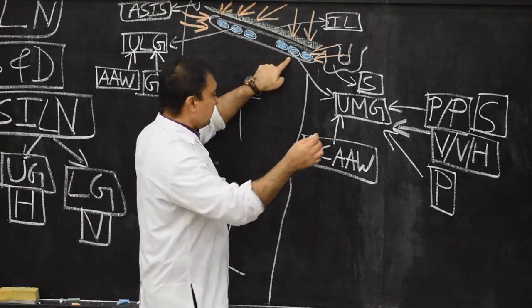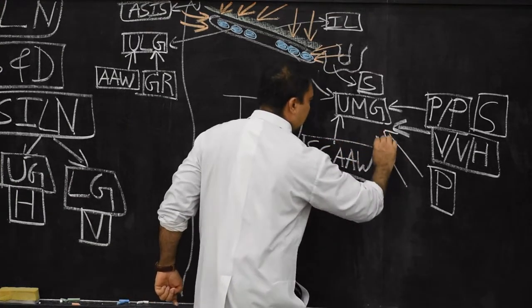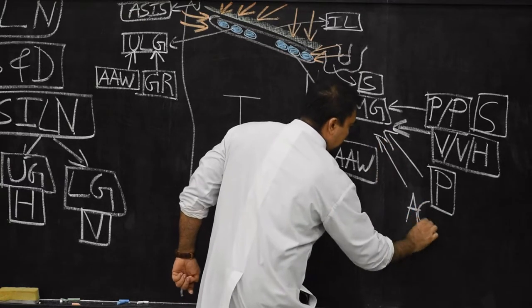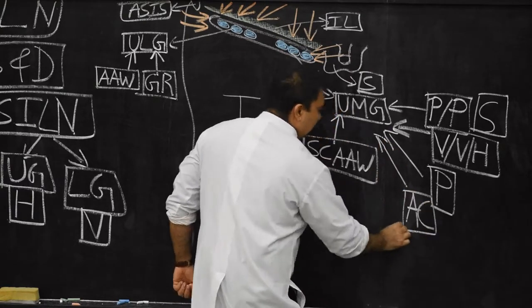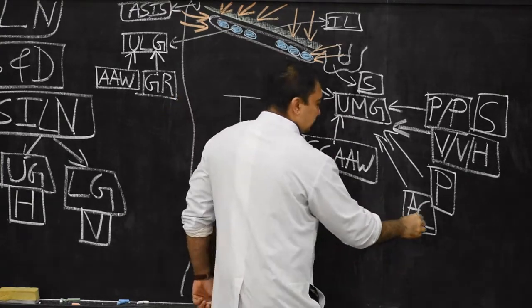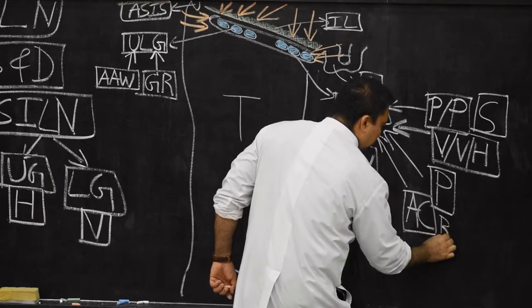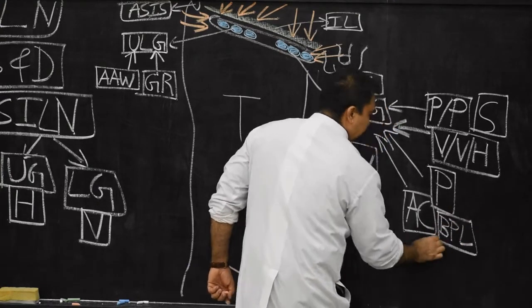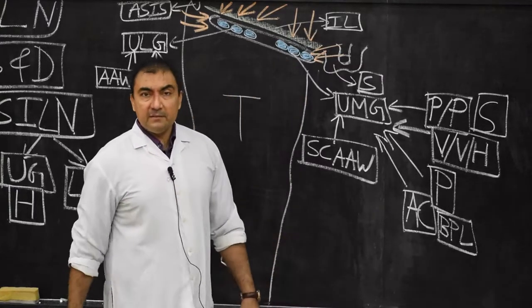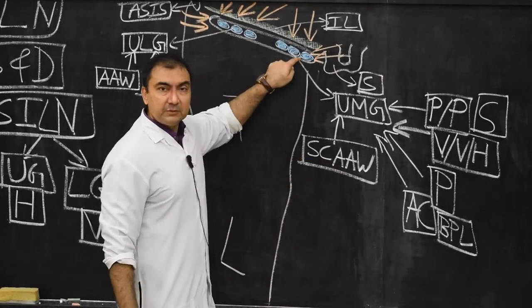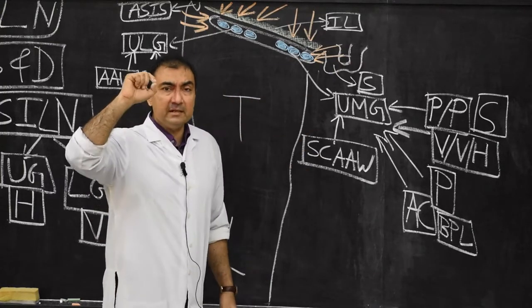And then it will also include anal canal. This is very important. Anal canal, but this anal canal will be below the pectinate line. That is very important. So anal canal below pectinate line. This is very important. So the anal canal which is below the pectinate line will drain its lymphatic drainage into upper medial group of superficial inguinal lymph nodes.